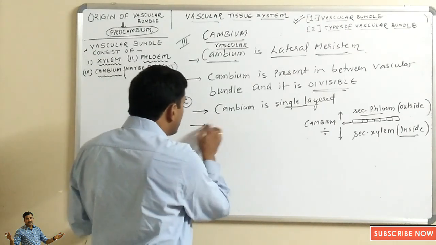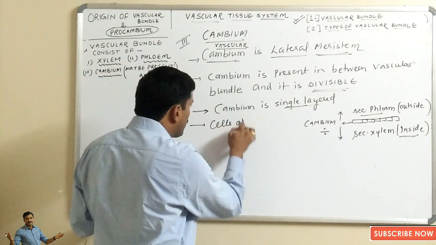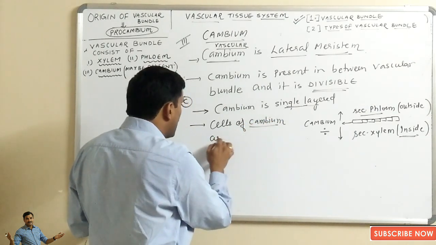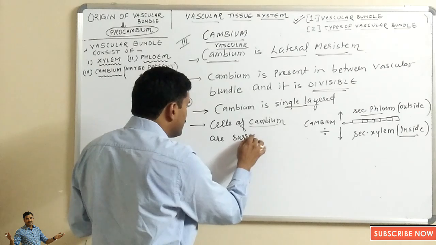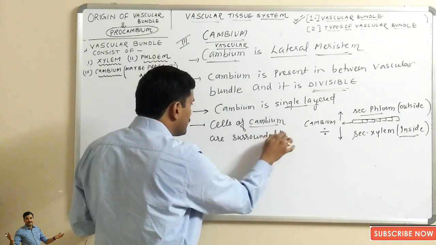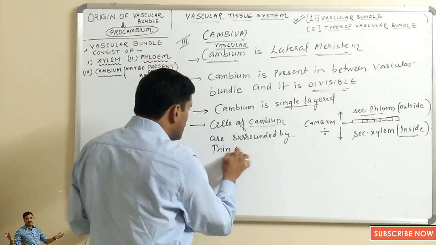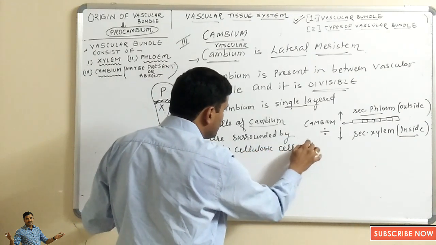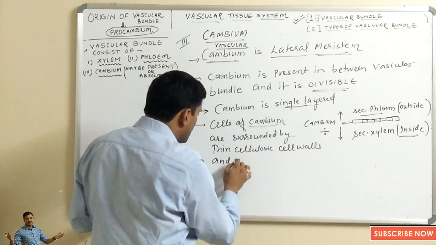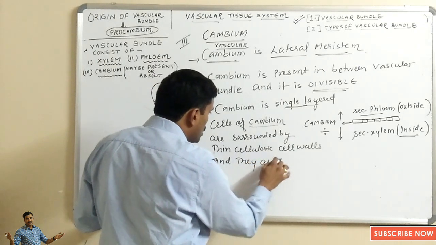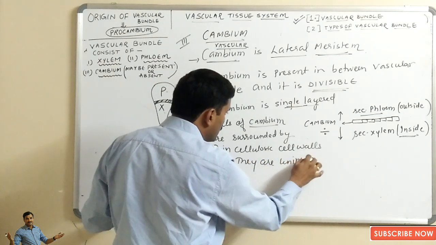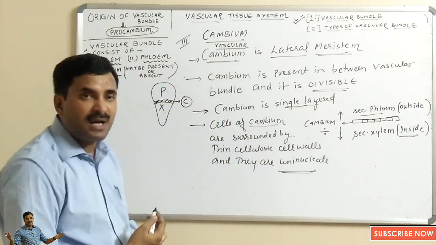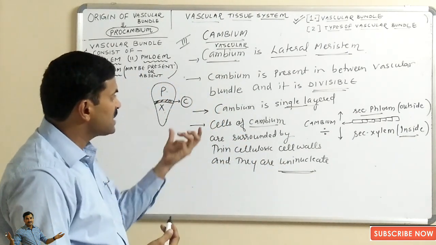Single layered, and the cells of cambium are surrounded by thin cellulosic cell walls, and they are uninucleate. Okay, the cells are uninucleate and the cells of the cambium are surrounded by thin cellulosic cell walls,